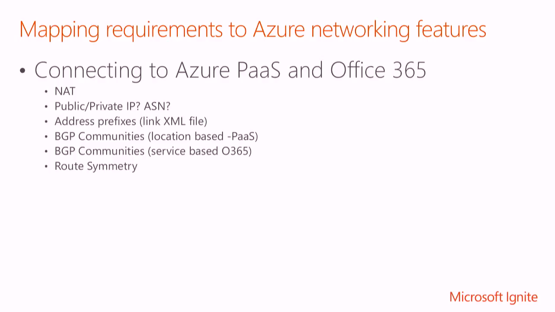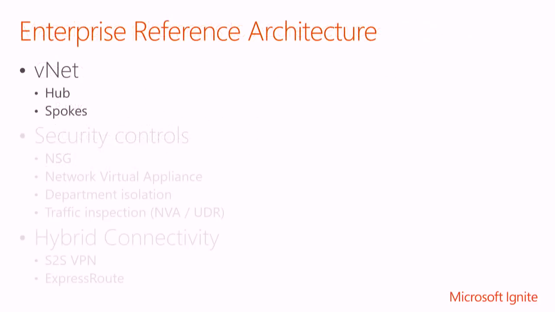This is a major topic. First, in terms of even understanding what it really means, what are the requirements? Can you give me some more details about how do I connect from my on-prem to Azure PaaS or Office 365, either over the internet or over the ExpressRoute? What are the requirements, and how do I do the netting and things like that? We will touch upon those.